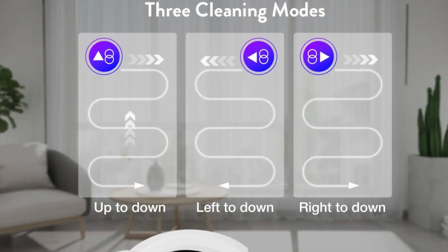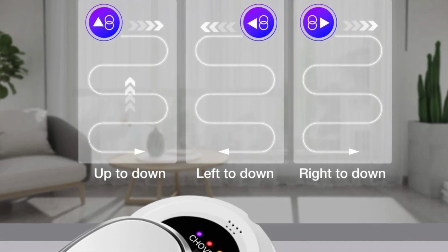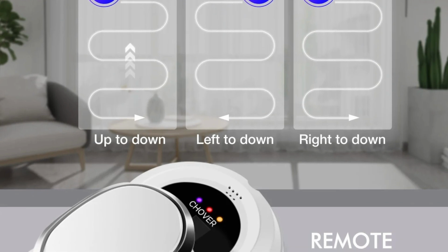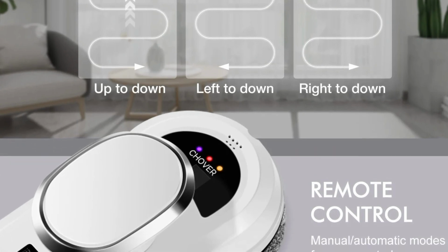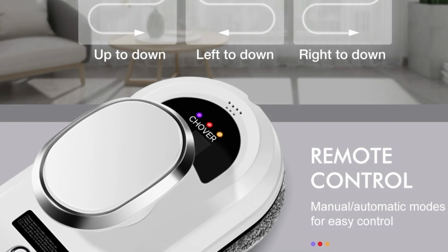Emergency Power Supply System. One of the standout features of the CHOVERY Window Robot Vacuum is its emergency power supply system. This safety feature ensures that the device remains securely attached to the window even in the event of a power outage. The emergency power supply provides peace of mind by preventing the robot from falling or becoming dislodged during